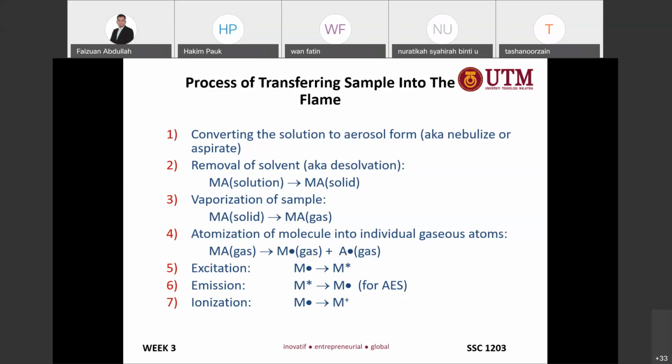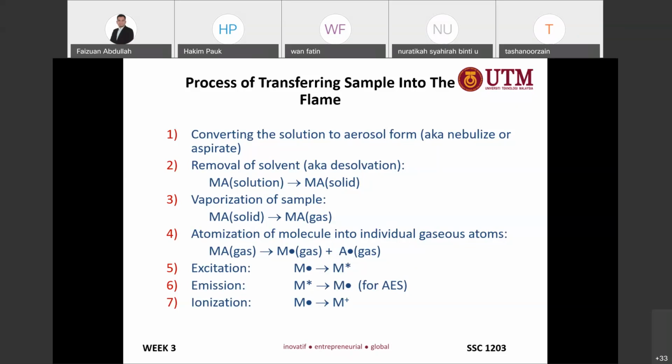If the analyte absorbs a similar amount of energy from the light source, it means that some of the energy from the light source is being absorbed by the analyte. So if the light source is for iron, the analyte might be iron, and then